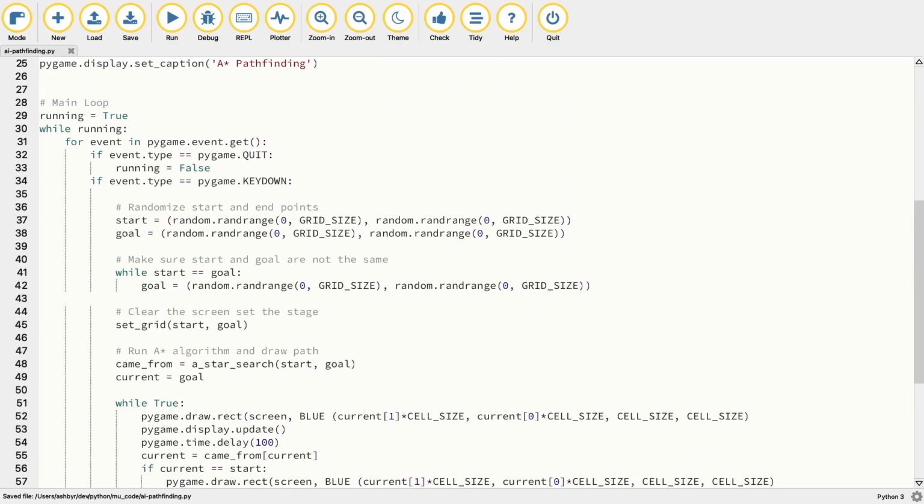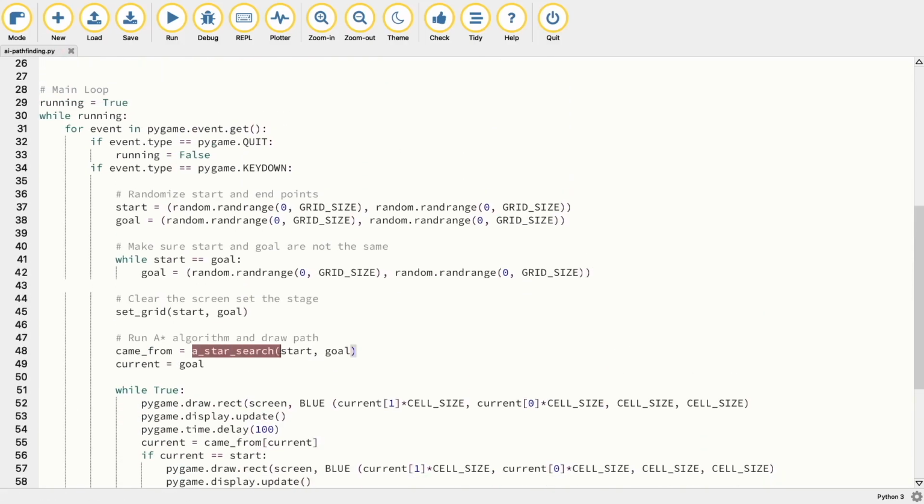All right, so now what we need to do is actually create our functions. So we need to create our A-star search function, and we need to create our set grid function. So let's start with our